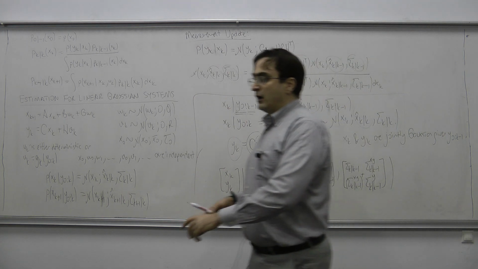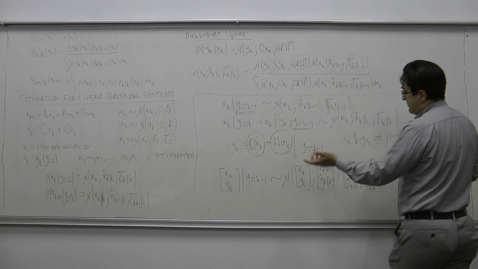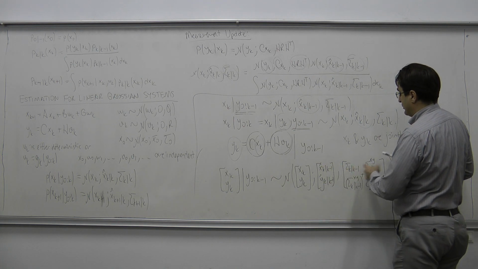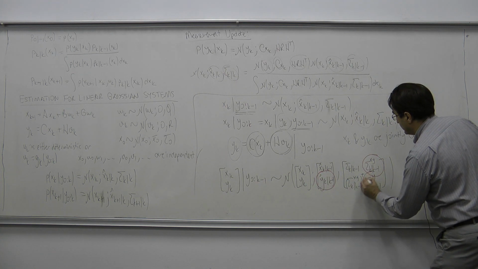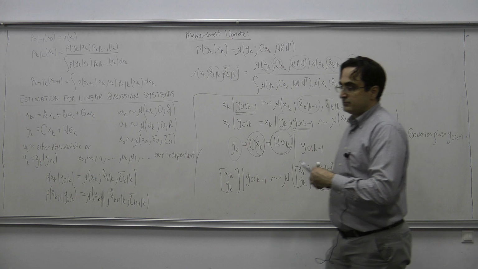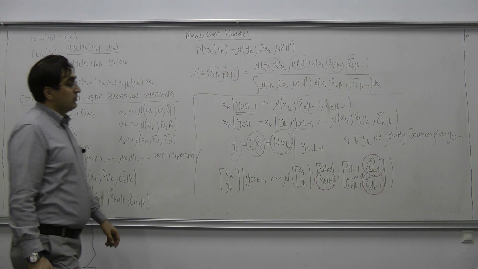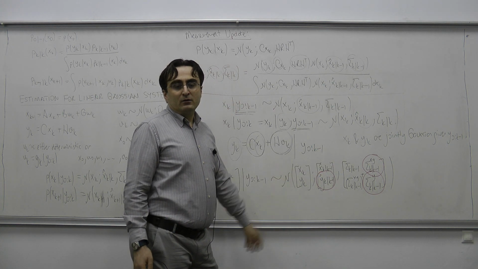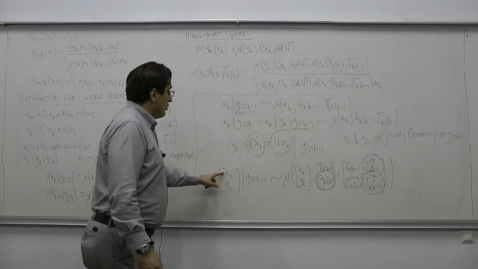So which ones are unknown here? In the measurement update, I know the predicted quantities. I know this one and this one. So this is not known, this is not known, and this is not known. Let us now try to calculate those unknown quantities. Then, what is going to happen afterwards? Then I need to calculate